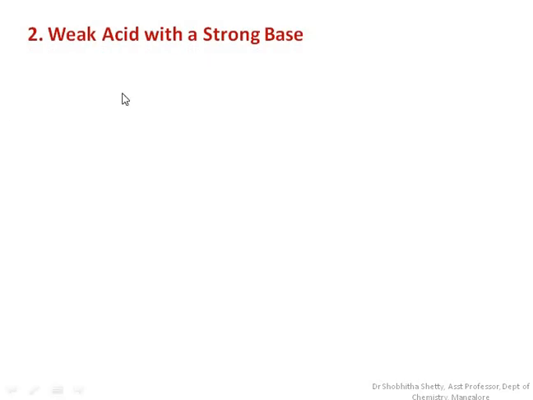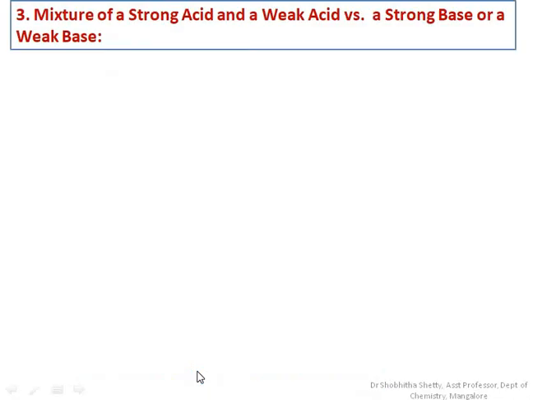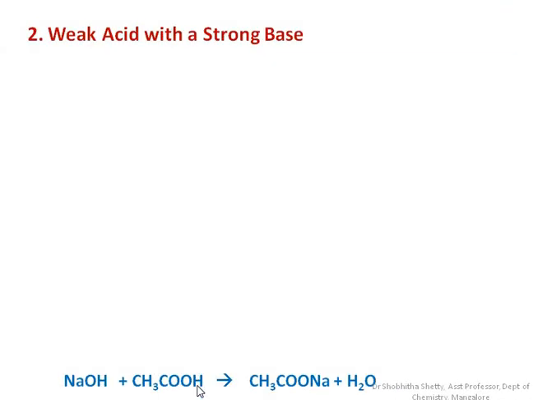Next is one more example, a weak acid with a strong base. We have a specific example for a weak acid: we can take acetic acid and a strong base, sodium hydroxide. When the titration of sodium hydroxide and acetic acid is carried out, there will be formation of sodium acetate, the sodium salt of acetic acid. That is, the H+ ion of acetic acid has been replaced by the Na+ ion of the base. What you can see is that the highly mobile H+ ion is replaced by the less mobile Na+ ion.